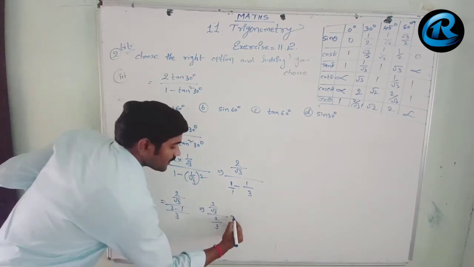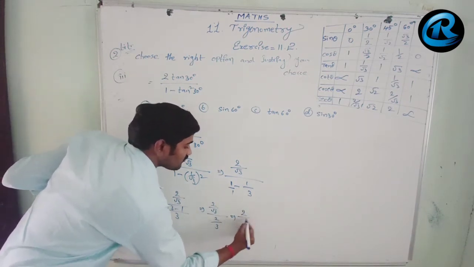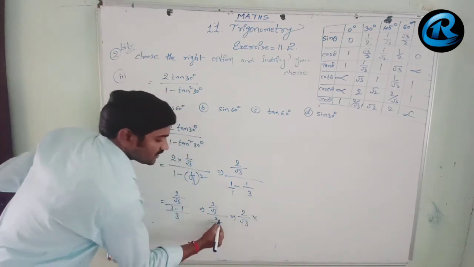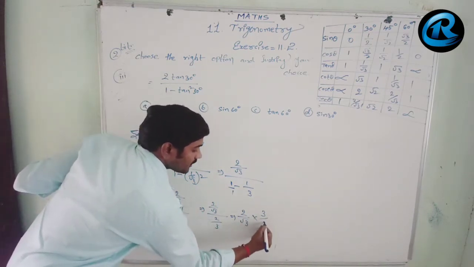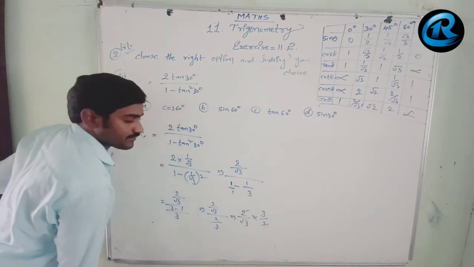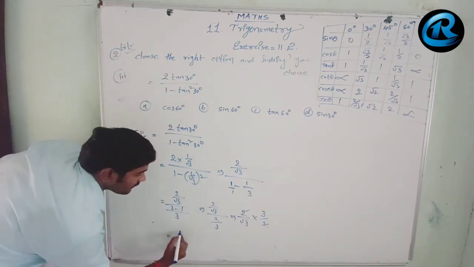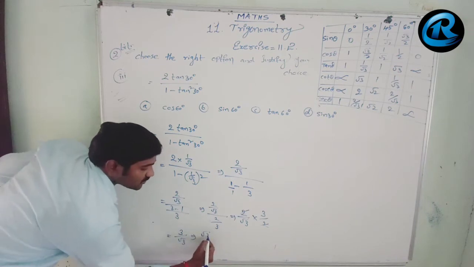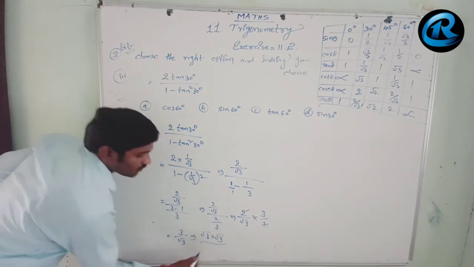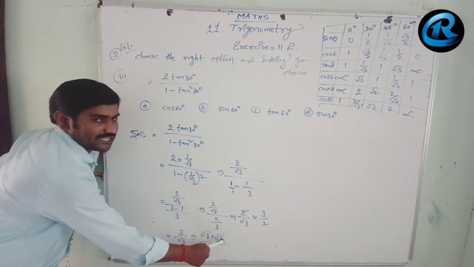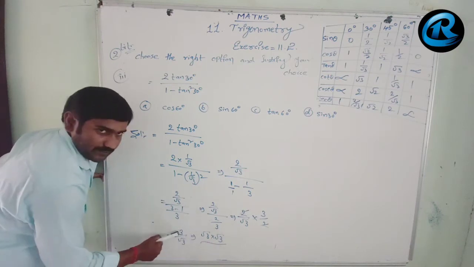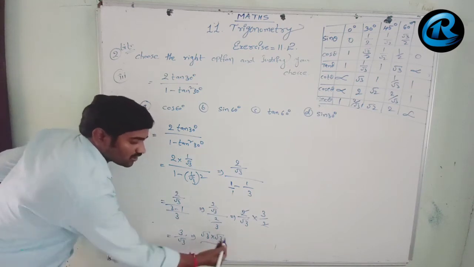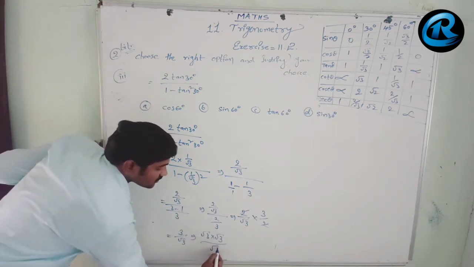So we know that when fraction by fraction comes, the first fraction we write as it is, 2 by root 3, into the reciprocal of this, 2 by 3 becoming 3 by 2. 2 gets cancelled, and ultimately we get 3 by root 3. This 3 can be written as root 3 into root 3, always remember. Root 3 into root 3 is root 9, and root 9 value is again 3. Root a into root a equals a, so root 3 into root 3 equals 3. In that way also you can write.